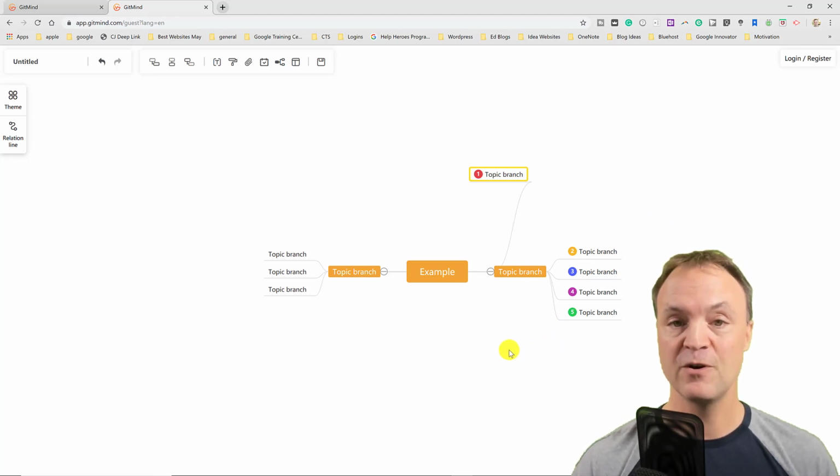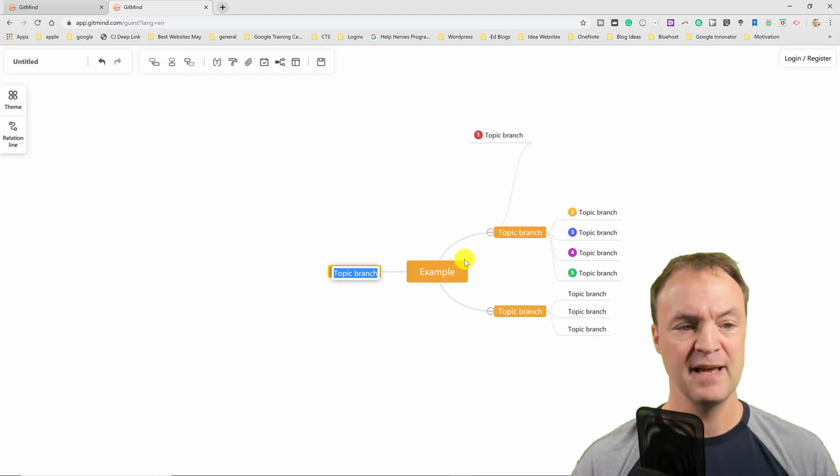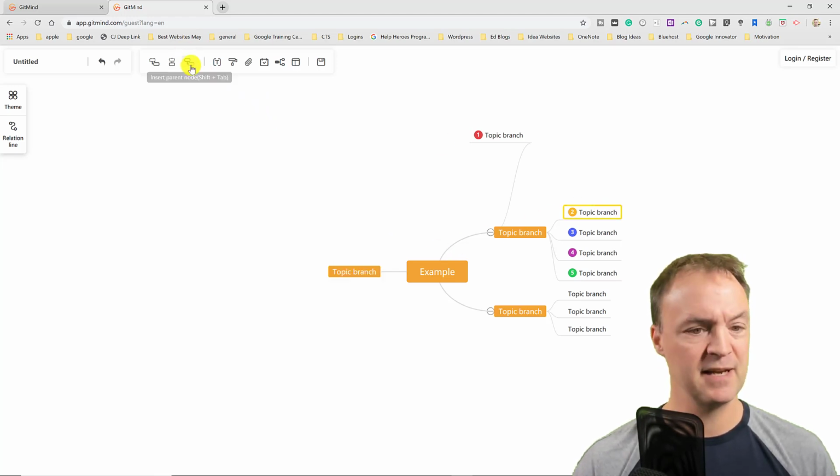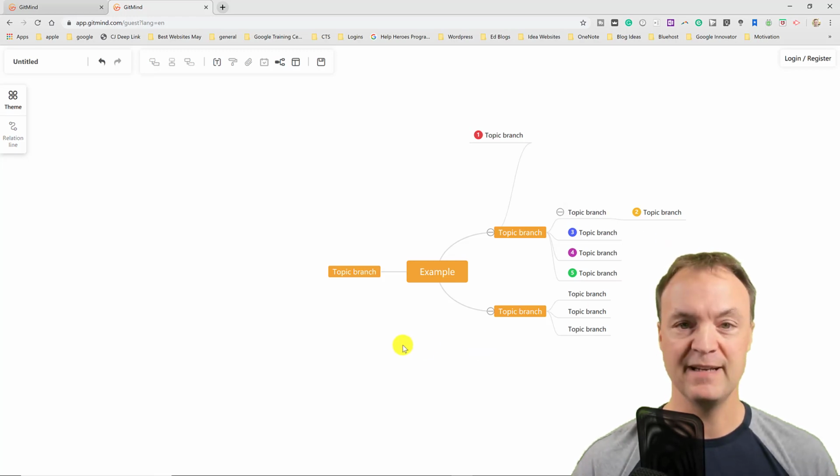If I want to add more nodes or sub nodes, what I need to do is go, let's say, to the main one here. If you look up here, I can insert a sub node, I can insert a node. You can see how it changes the shape of everything, and depending on which one you click, if you add it, you can see how it adds into it. So very easy to do this.